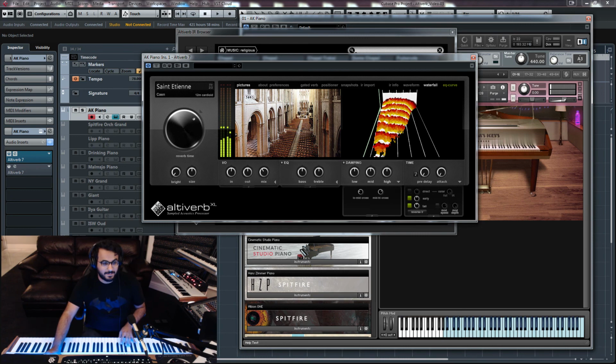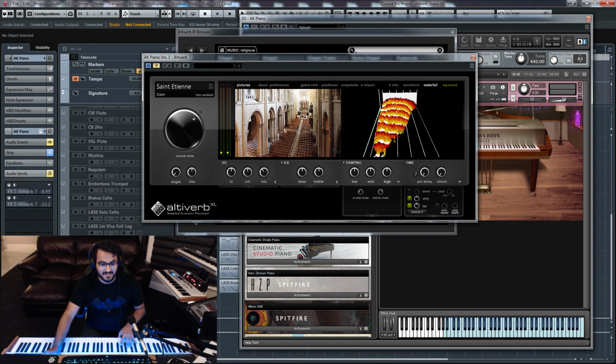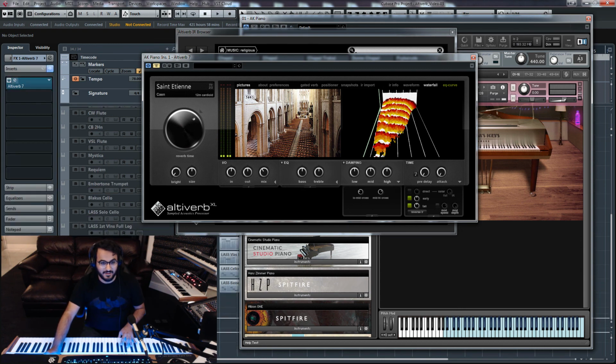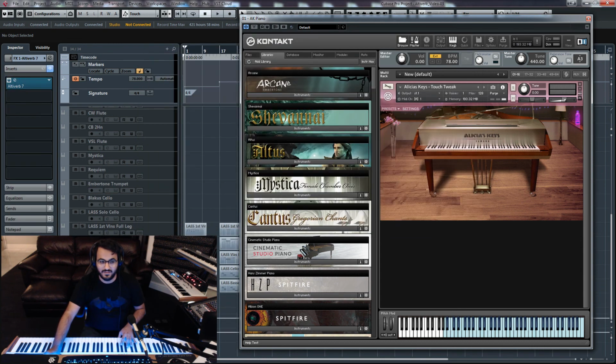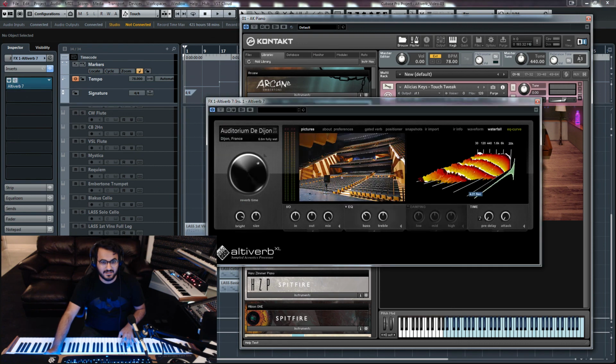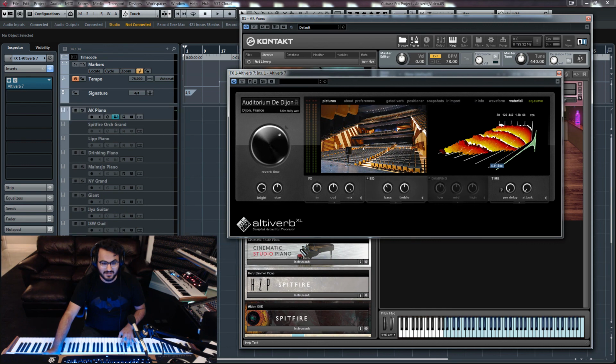Now that's pretty cool. Now, if I turn it off as an insert, I can use it as a send, and I've got a couple of sends set up here. Let me close all of that, and this is a send I've got for basically this venue is a